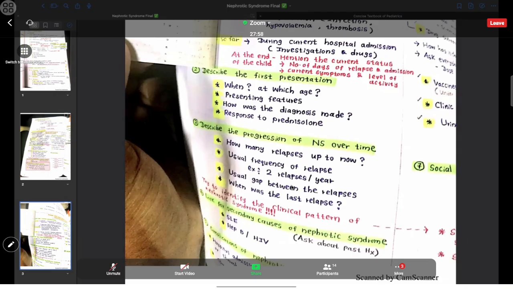Another thing is, remember that some of these patients will get transient proteinuria and they get admitted for transient proteinuria also sometimes. Okay, so it is always good to clarify whether this is transient proteinuria or whether this is proteinuria. So ask how much protein there was. If it is transient proteinuria, it should not be nephrotic range proteinuria, and you should not have any edema and